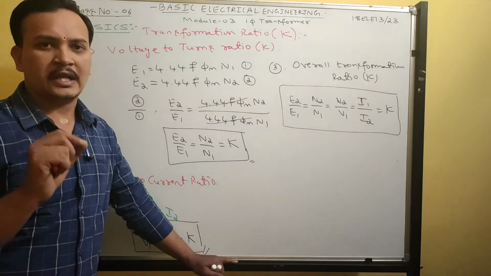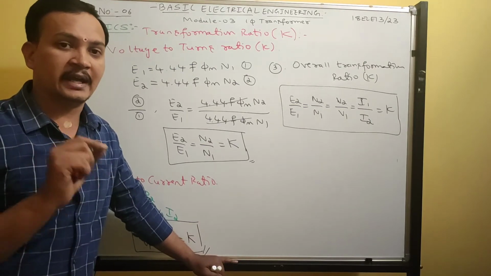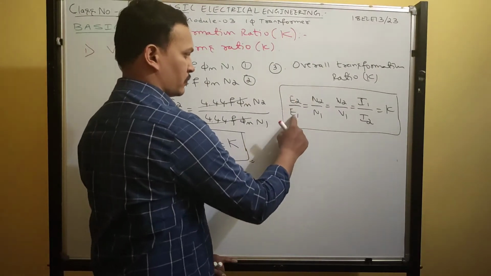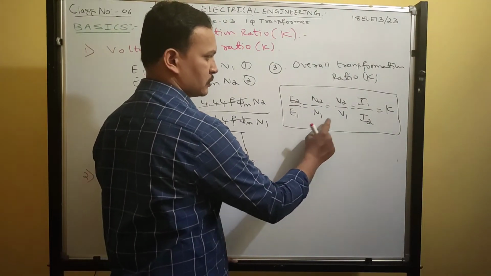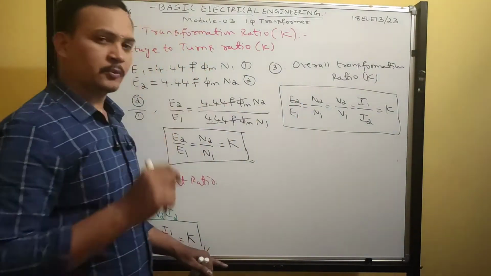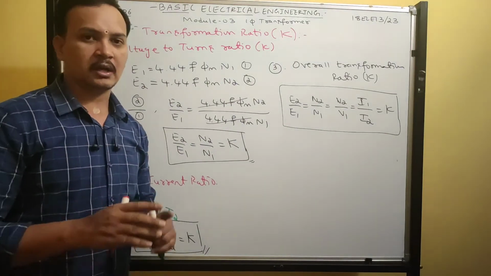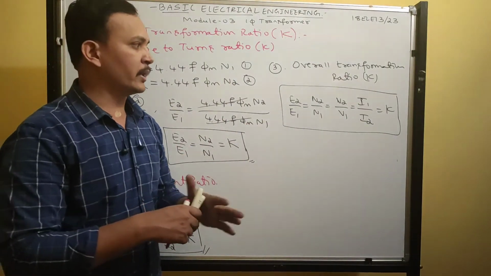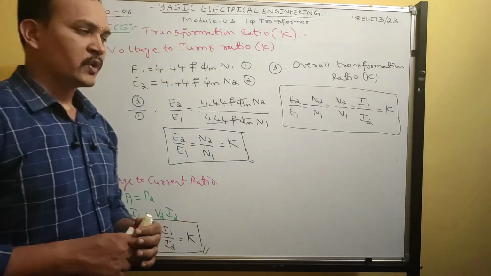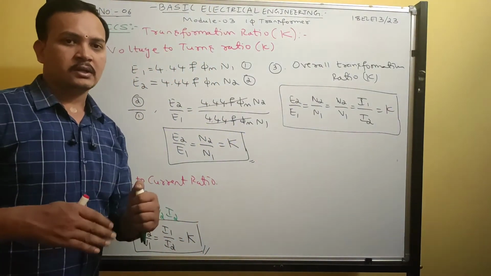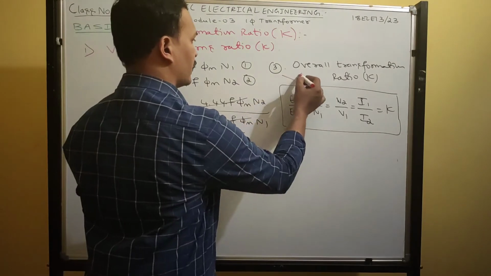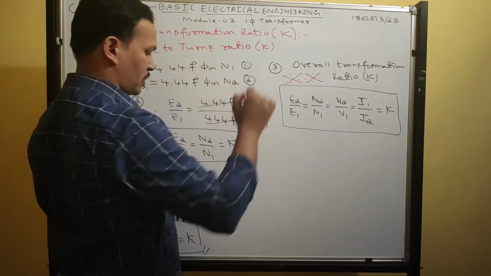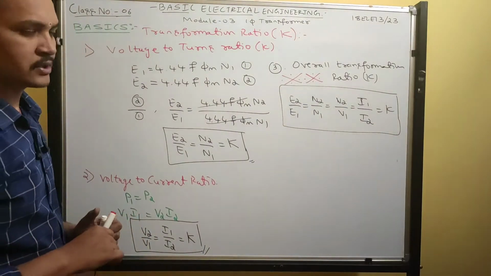See, in every problem they will give the transformation ratio data directly or indirectly. In this, totally 4 ratios are there, 1, 2, 3, 4. In this, 100% they will give any one of the data completely. Based on that, we can find other things by knowing the value of K. So we can solve problems by knowing this one equation. You must know this equation for solving problems on EMF equation.